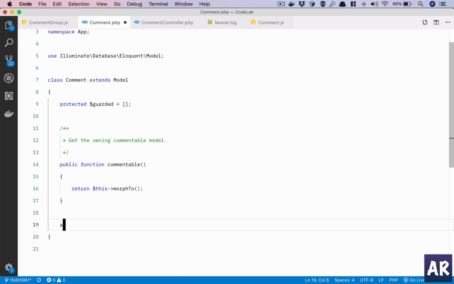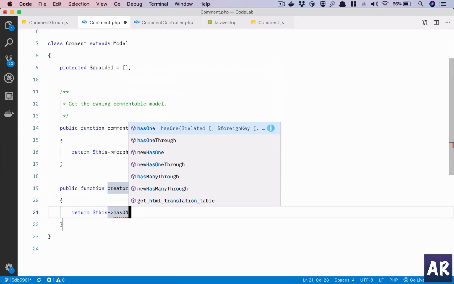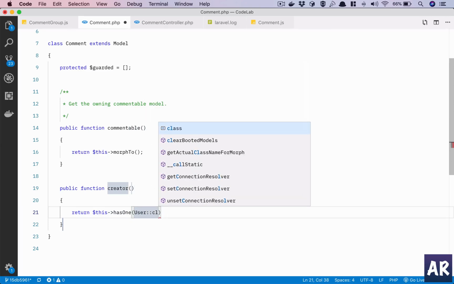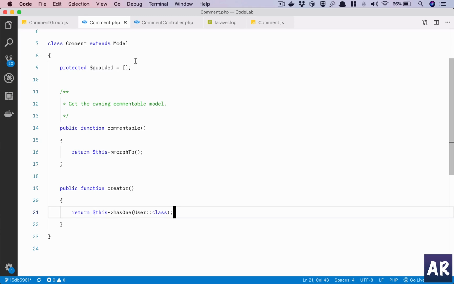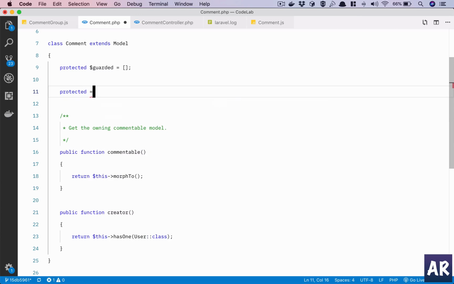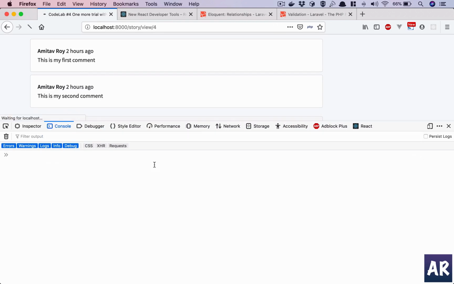We need a relationship called user, or let's say creator. Return this has one user class. And protected $with user. What this will do is load the comments always with the user,